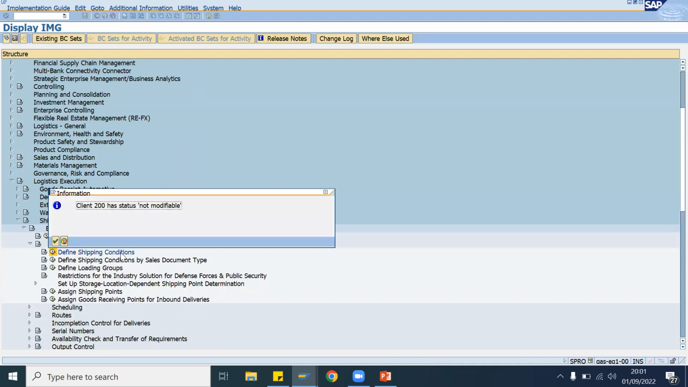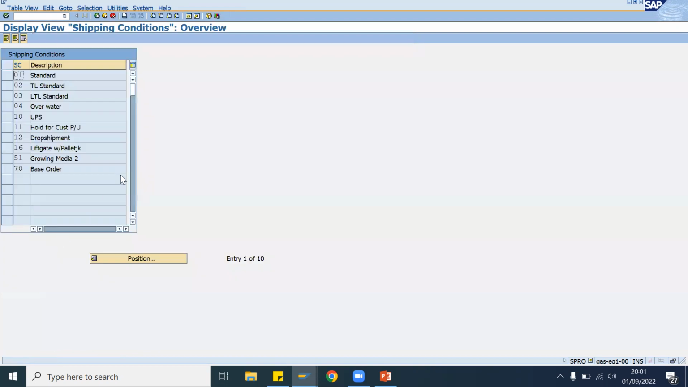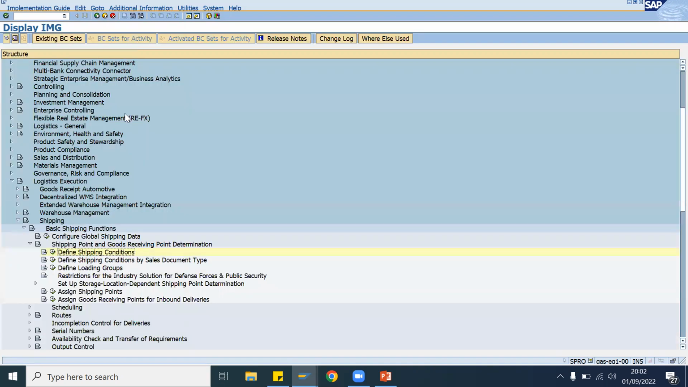So I'll go in here, I'll open this, and you can see we have this. These are given as SAP standard. TL stands for truckload standard, so that is 02,